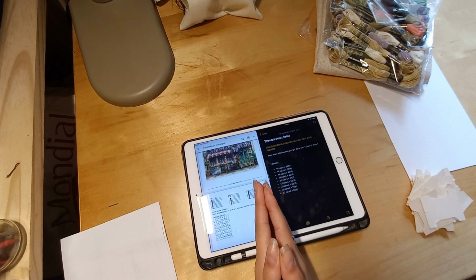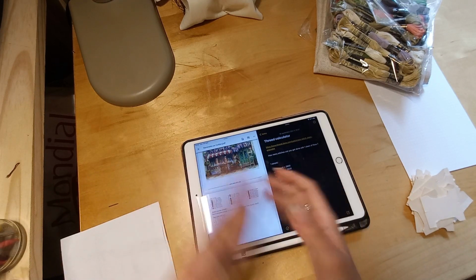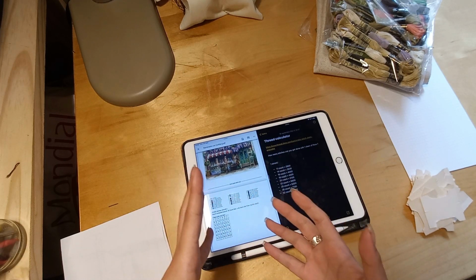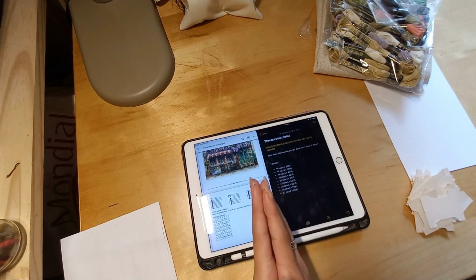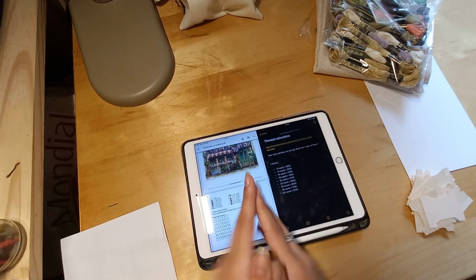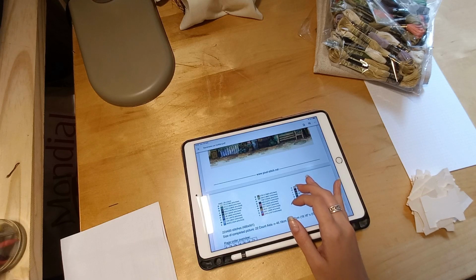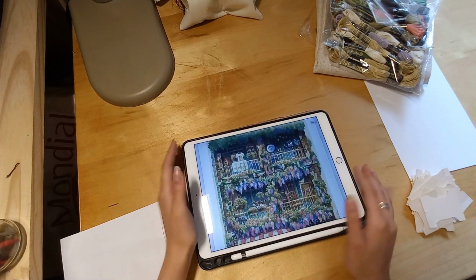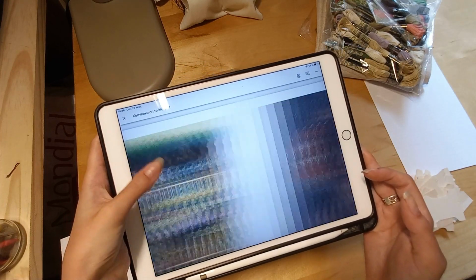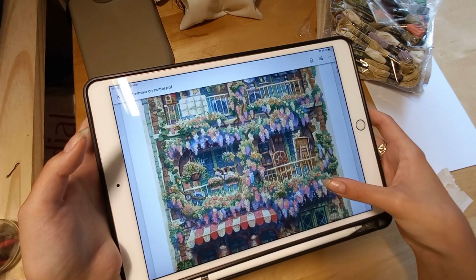So first of all, you need a chart. Usually it starts from there. You have a chart and you purchase it or you make it, and then you have to order or buy everything that you need to start it, right? So the start that I'm gonna have is the one that I made, the chart that I made for the pixel stitch tutorial video,